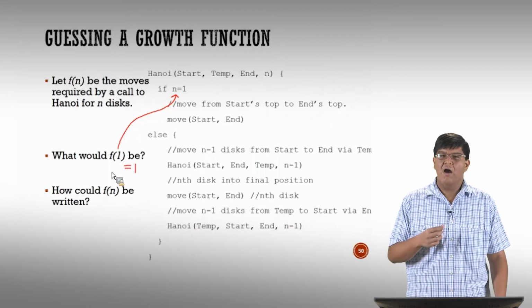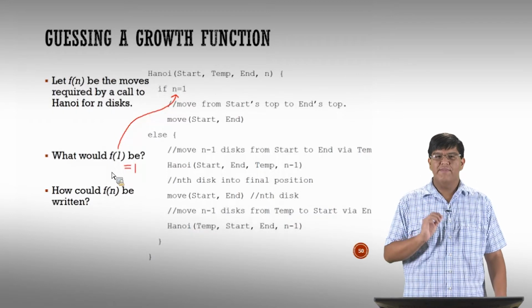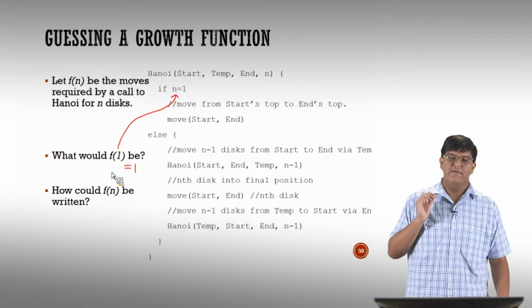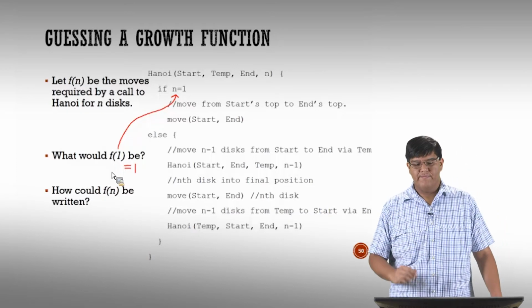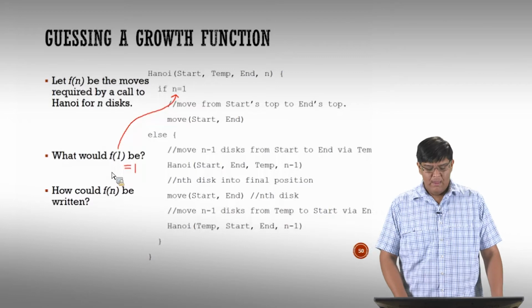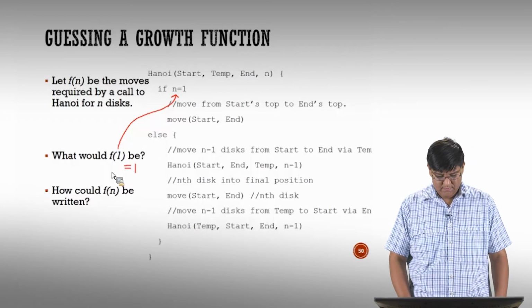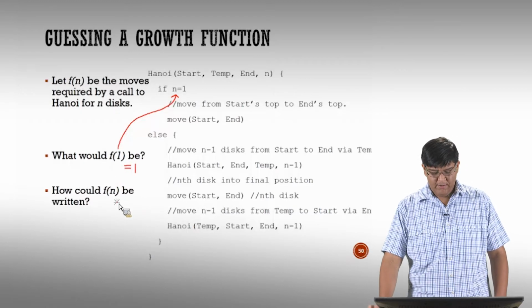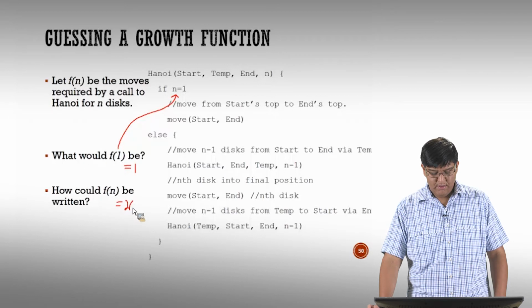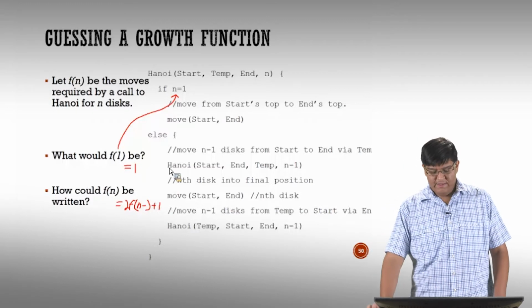What about the harder one? How could f of n be written? Think about that for a second. This is the more general case, the case that involves the recursive steps. So that'll be a little bit more tricky. That'll be f of n equal to 2 f of n minus 1 plus 1. So these lines of code here,